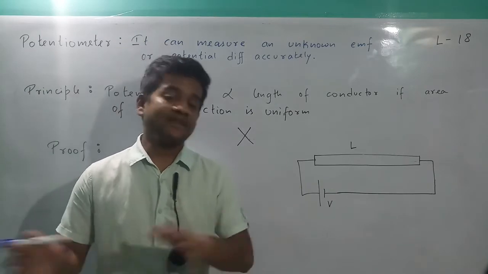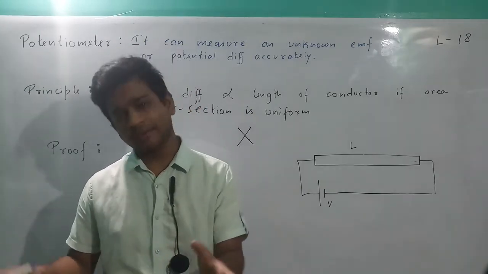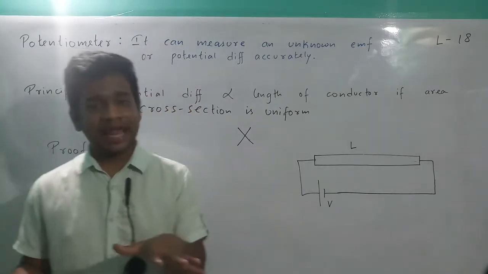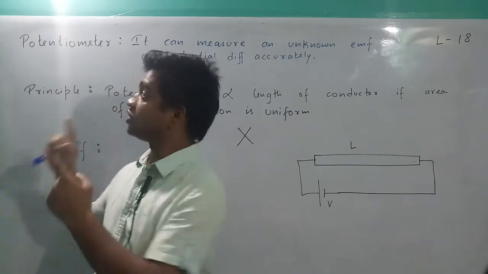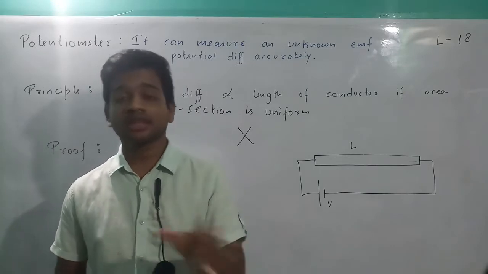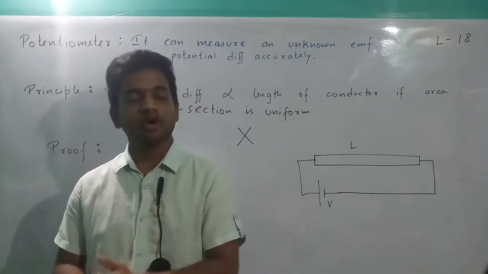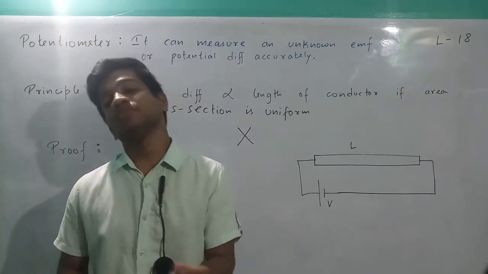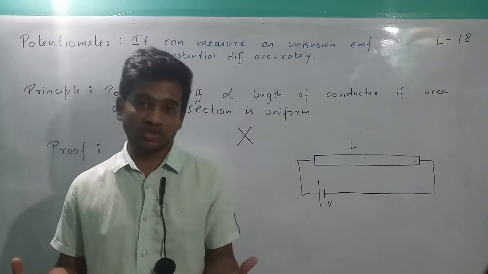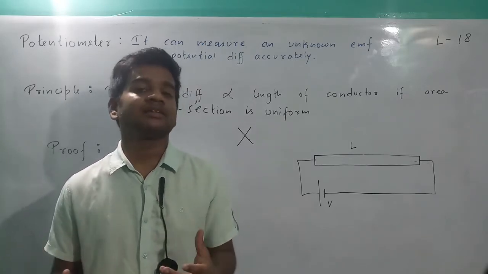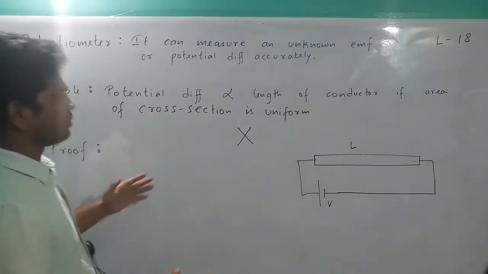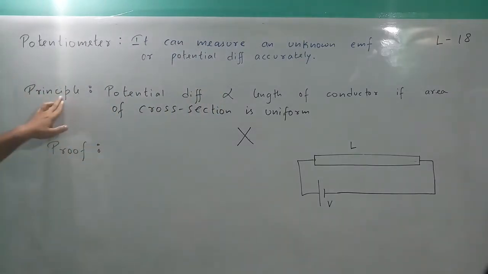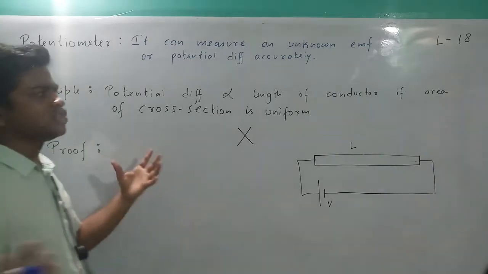Now we already have a device known as voltmeter, which you probably know, and you have seen this in lab in class 10 probably, okay? But we have another device which is potentiometer, which also does the same job, that is measuring the voltage, but it does the job in a better way. Why it does the same job in a better way, we'll understand at the end of this topic, okay? So first, before going any further, let's try to understand on which principle it is based.